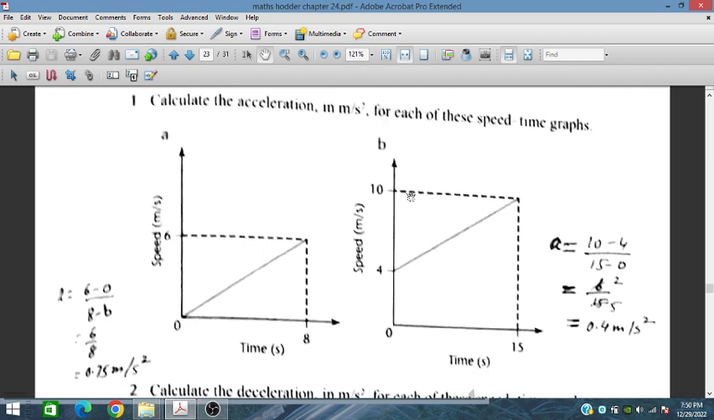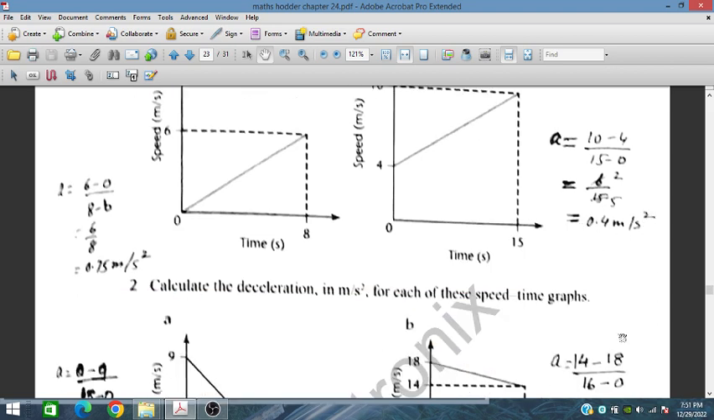Similarly for this problem, we have the initial speed is 4 and the final speed is 10. So the change in speed is 6, and time taken is 0 to 15. So 10 minus 4 is 6, and this 15 minus 0 is 15. 6 upon 15, that is 0.4 meters per second square. So this is meters per second, and this is seconds. So meters per second divided by second is 0.4 meters per second square. So second problem,